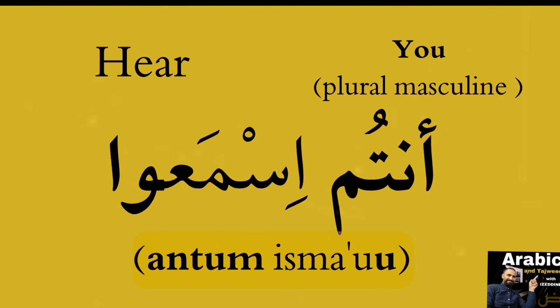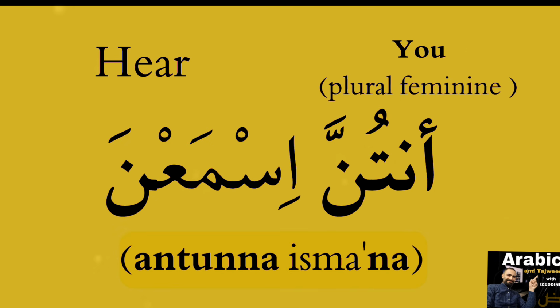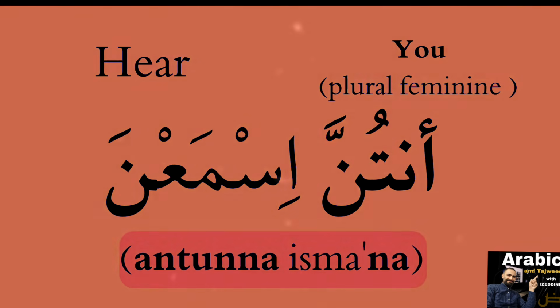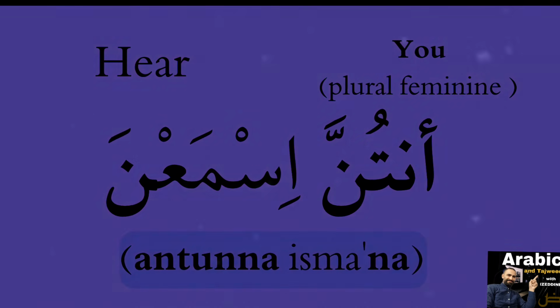You, for plural masculine, okay, a group of males. Here, أنتم اسمعوا. اسمعوا. اكتبوا. ادرسوا. Here, now you're talking to a group of females. أنتن اسمعن. Here, اسمعن. Hear me. اسمعنني. Okay, ني is me. We have already talked about that.